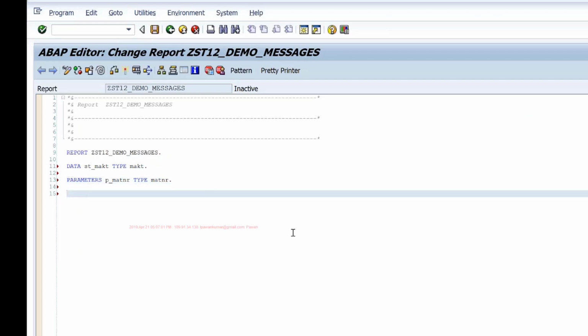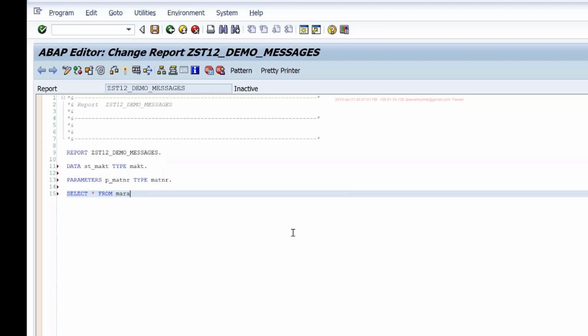I'll write a select query, select star from MARA, or in this case, since we are processing from MAKT, I can also check that table, because when you create a material, it also updates the MAKT table. So if the material number exists in the MAKT table, that also means it's a valid material.